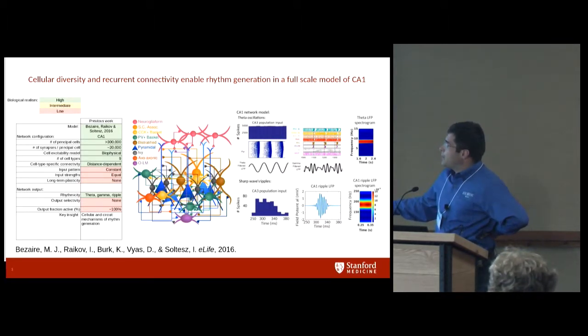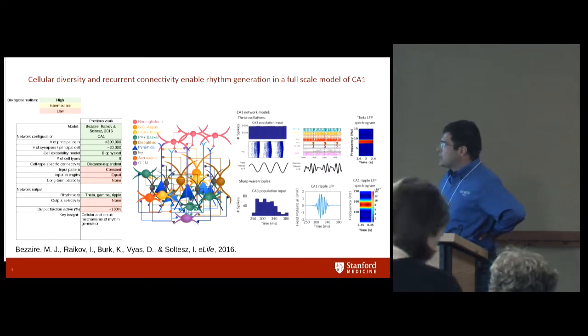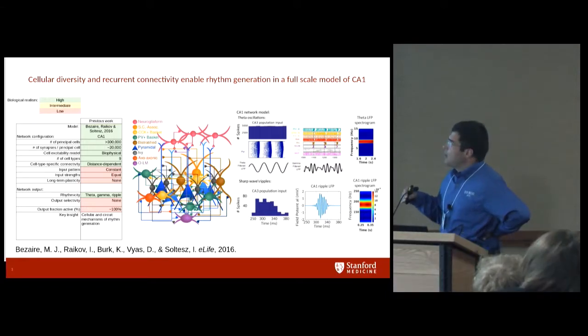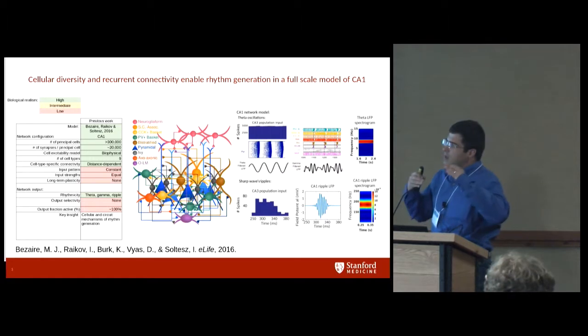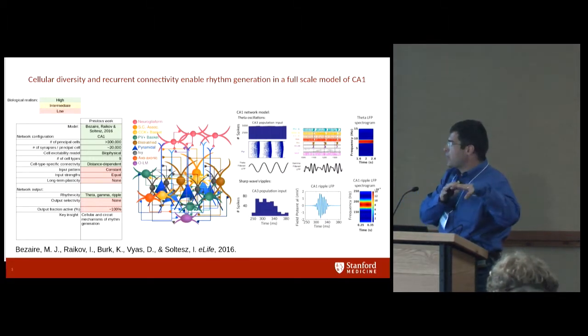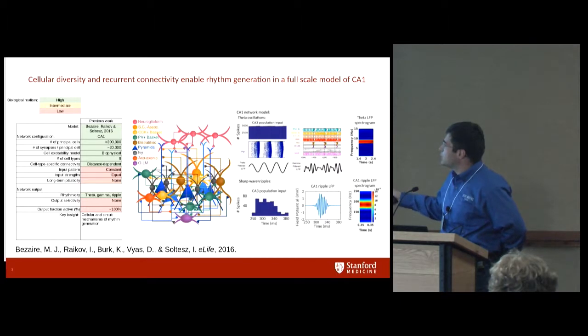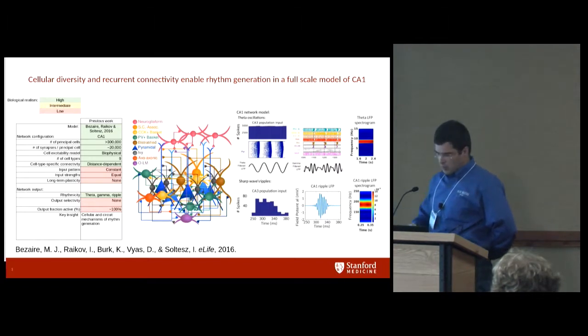And so we constructed this model and then we subjected it to stochastic input with constant intensity. And then we discovered that the network is first of all intrinsically capable of generating these rhythms, but also it needed essentially all of these cell types. It needed a diverse circuitry because every neuron has its own time constant and phase preference. And so the combination of all these properties allowed the entire network to oscillate at this preferred frequency. And likewise, these are the high frequency oscillations that are thought to be associated with memory consolidation.